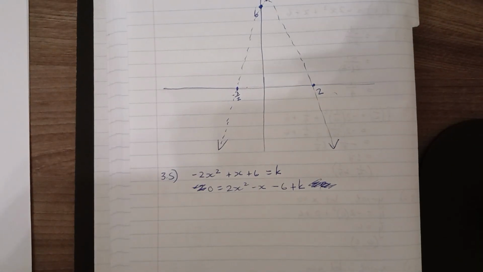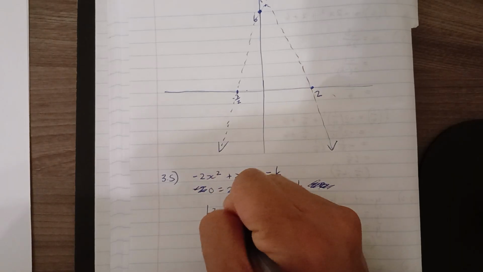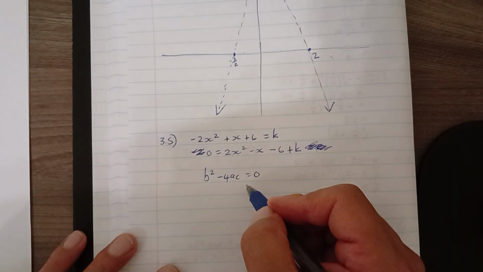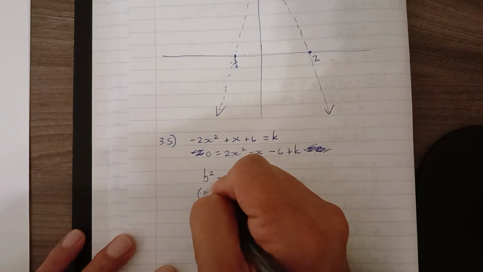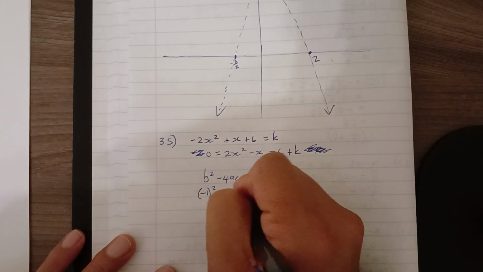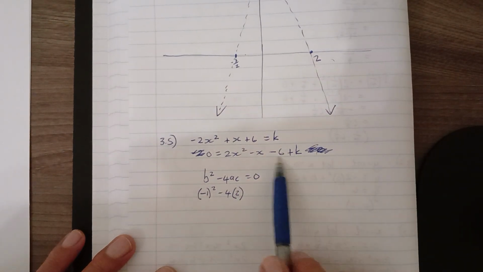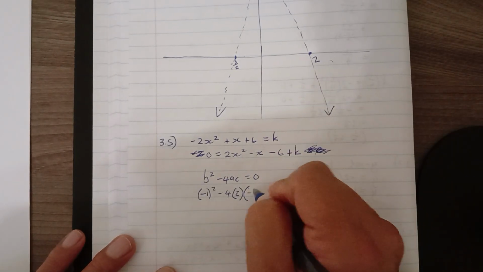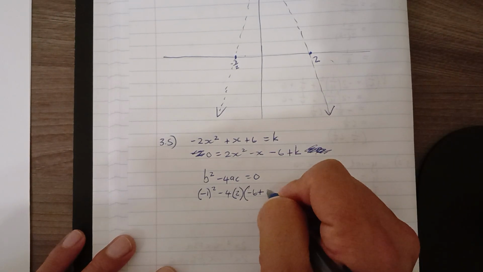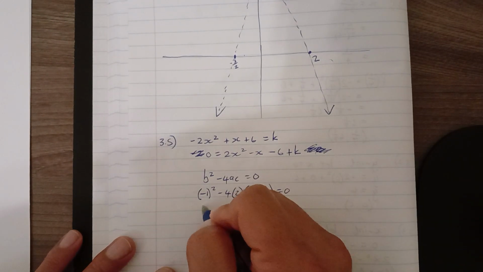Okay, so again we're dealing with equal roots. That means the discriminant must be equal to 0 now. So what is b squared minus 4ac? That would be negative 1 squared minus 4 times, a is 2, and c is now all of this portion at the back, sorry, negative 6 plus k, is equal to 0. Okay, so that's going to be positive 1